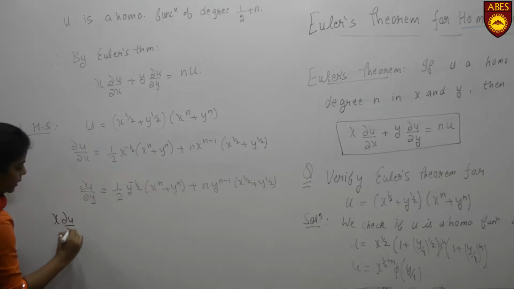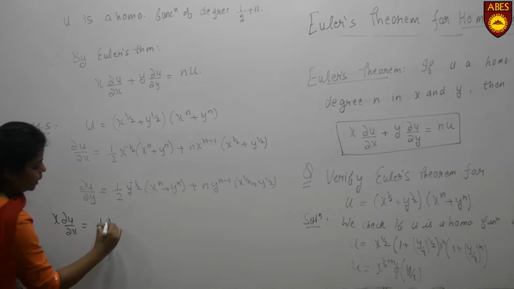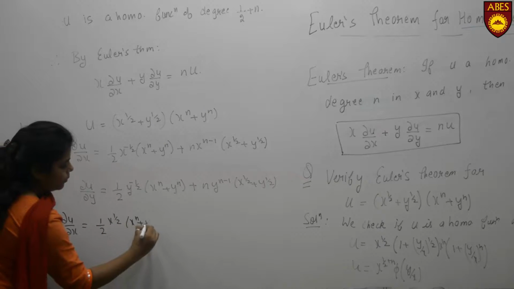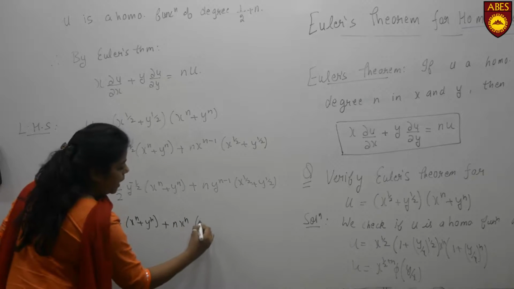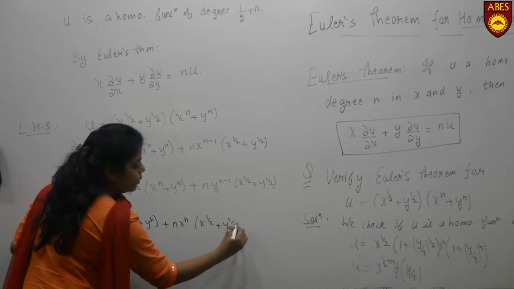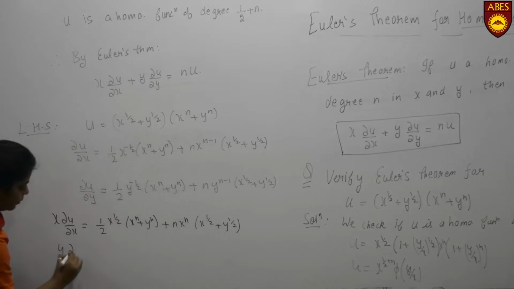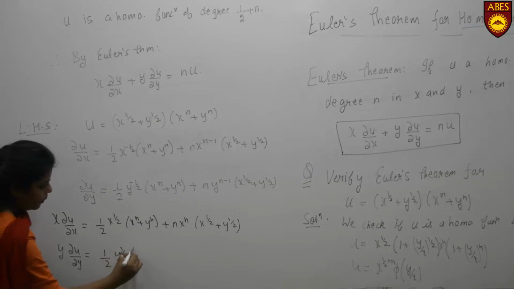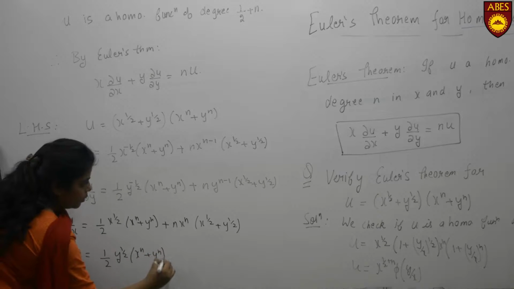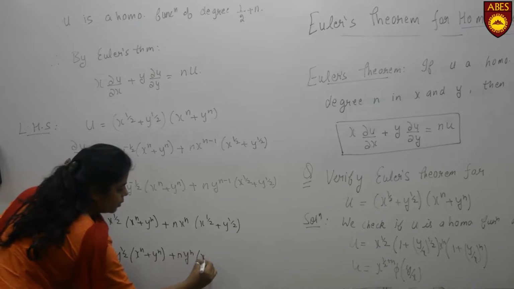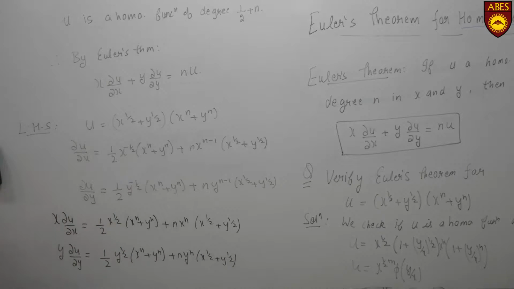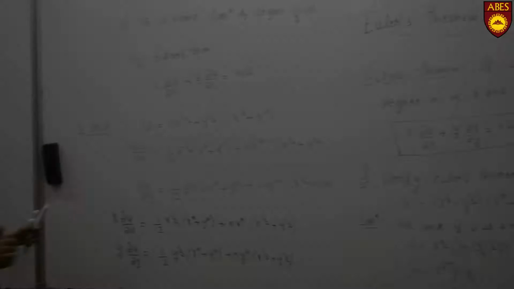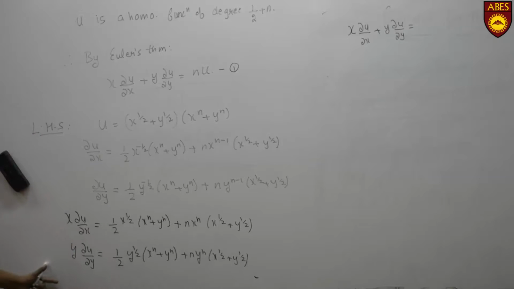Now x del u by del x. The value is 1 by 2 x power half x^n y^n plus n x to the power n x power half y power half. Similarly, y del u by del y comes out to be. Now from 1 we have to add both these equations. Adding these two equations we get